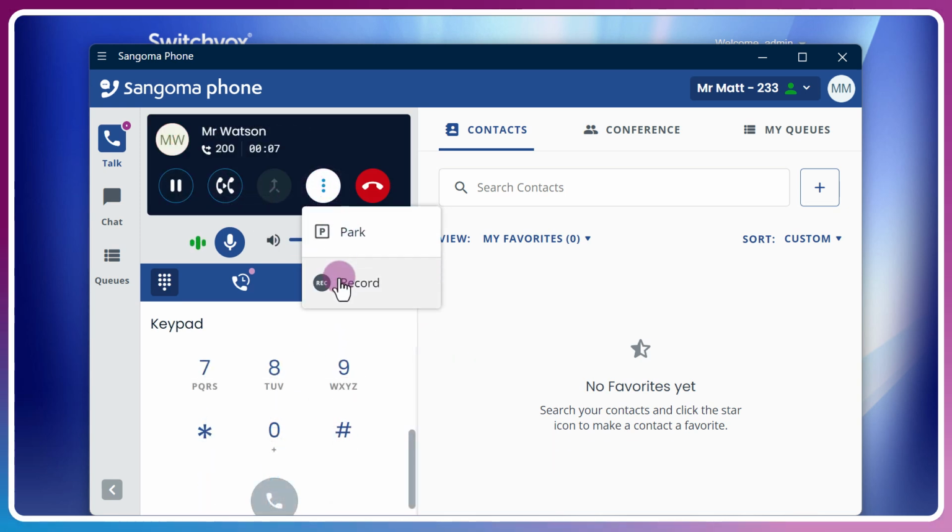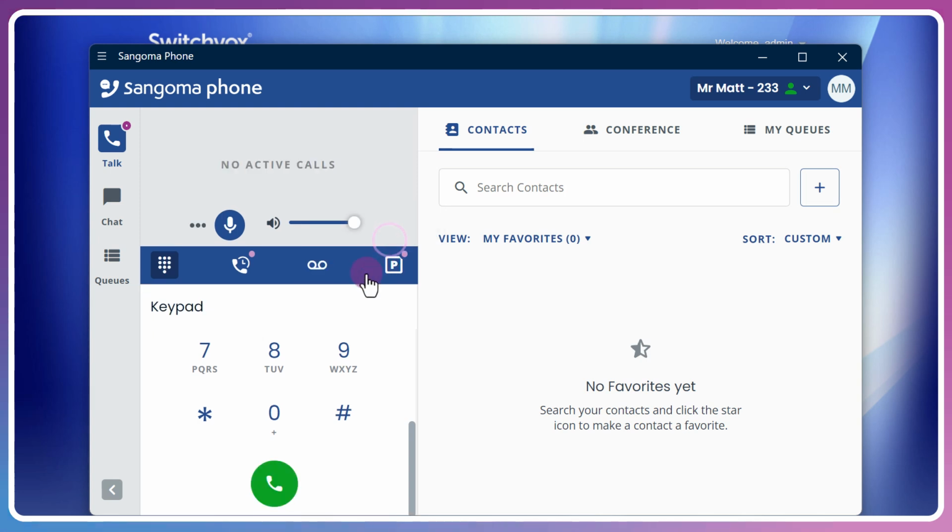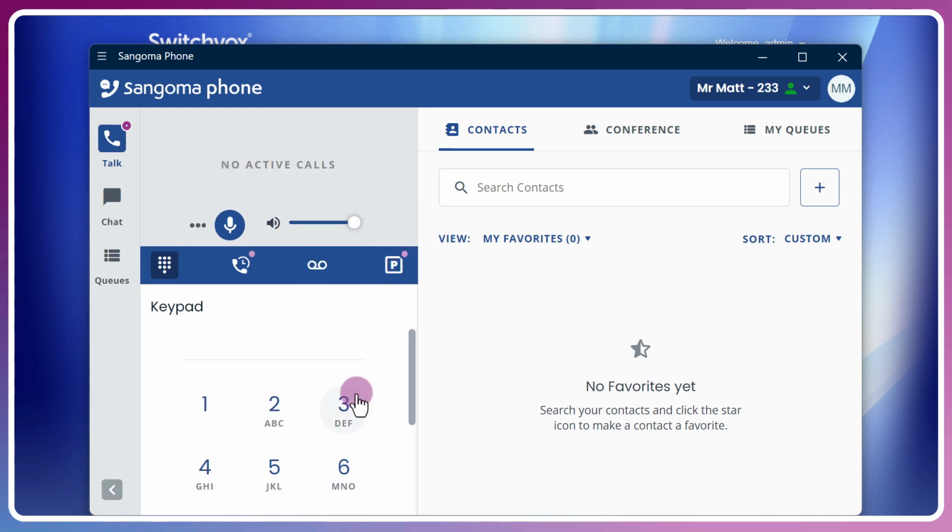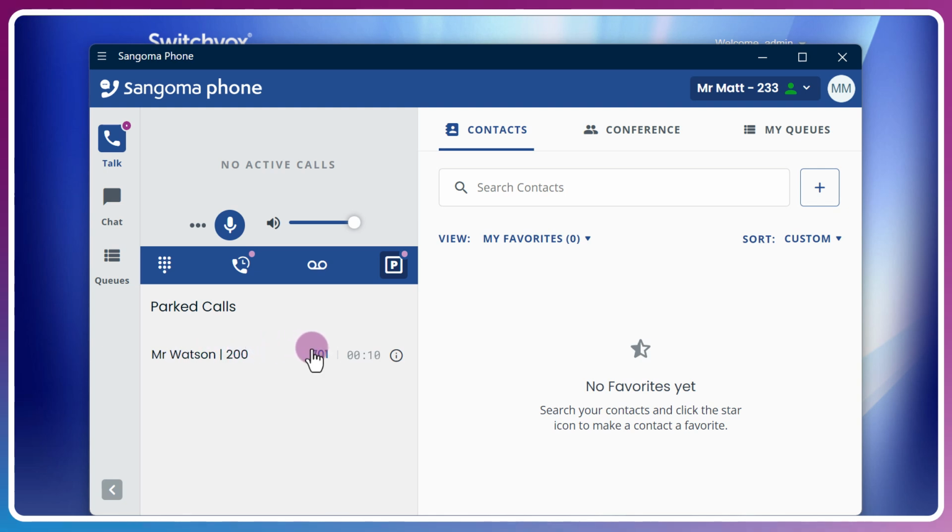So in addition, we can park and record. Let's go ahead and park the call. And we'll take a slot from the slots I've already got set up. I can head over to the parking tab. I can see that call here is parked in the